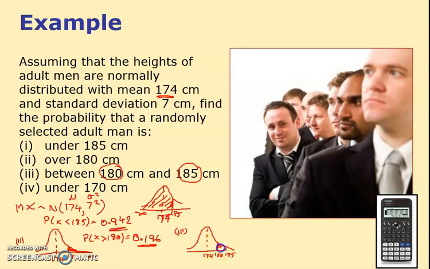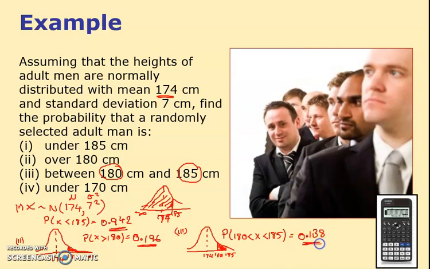And we just want the probability in between those 2 values. So, let's do it. Menu 7.2 again. The lower number is 180. The upper number is 185. My sigma is 7. My mu is 174. And it just goes straight there. Probability that x is between 180 and 185 is